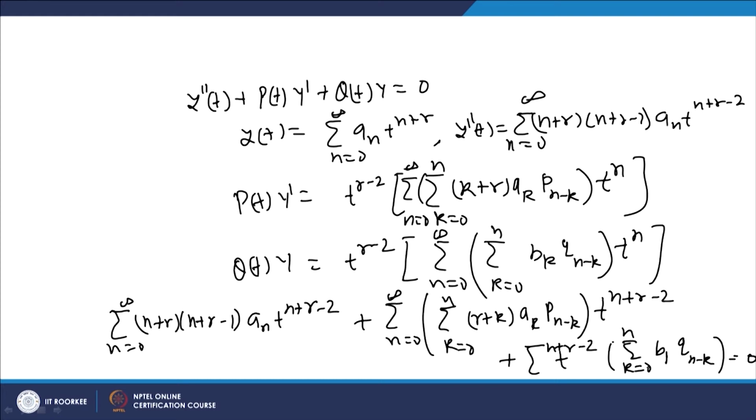Is it okay? There is a small problem here. I think it is a_k not b_k, so it is a_k here. Similarly, here it is a_k. Okay, so this is the correction here. So here we are writing this in two terms: k equal to 0 to n minus 1, and the k equal to n term. And here also we are writing the same thing.